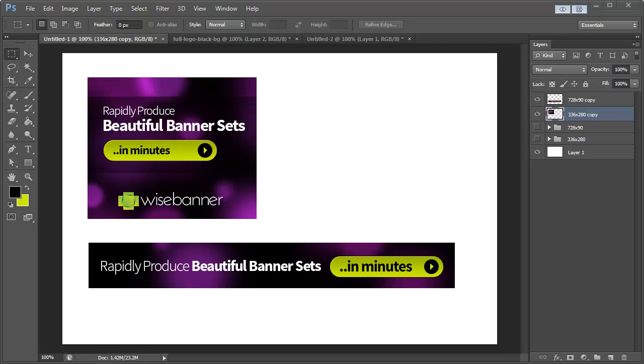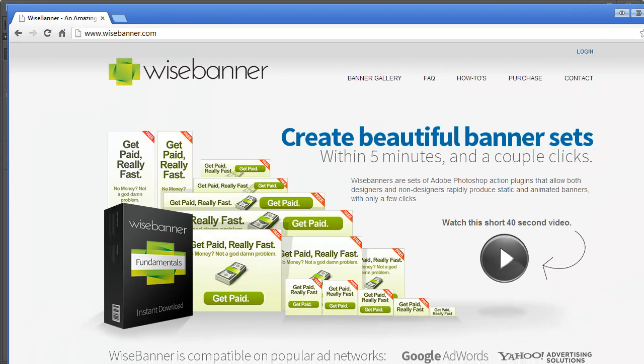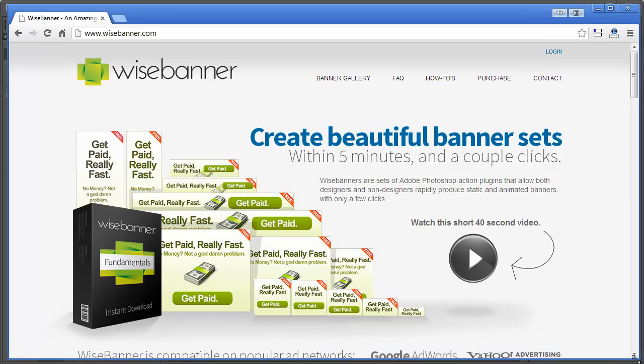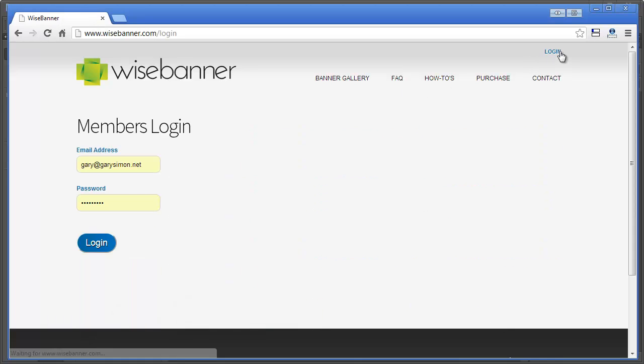Alright, wisebanner.com. Let me just get this scaled up properly so we can see it. Wise Banner is a product I created, and it's basically a set of Photoshop actions, scripts, and PSD files. So the way this works, let me log in real quick